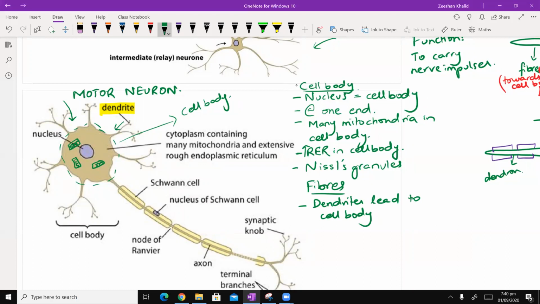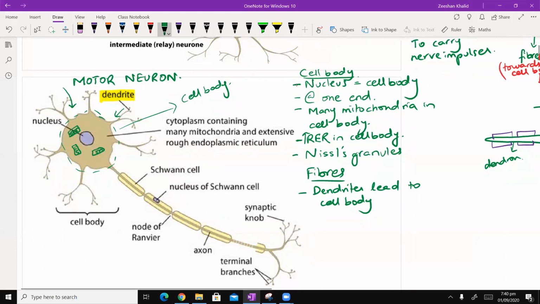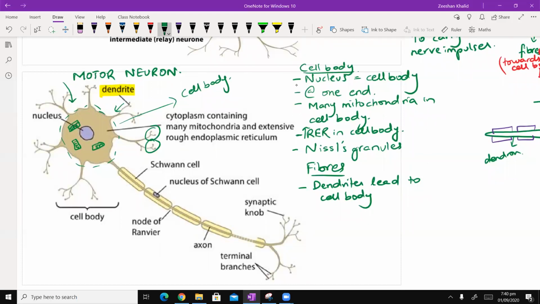Okay, now here remember one more thing. All of this that I'm encircling, all of this, these are dendrites, okay? These that I'm encircling with red in color, they are not dendrites, okay? So there's an exam tip, if you like, that I want you to remember at this point, and that is, dendrites are not at both ends of the neuron.